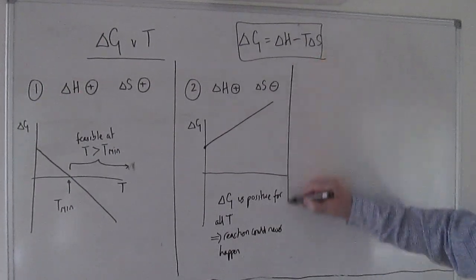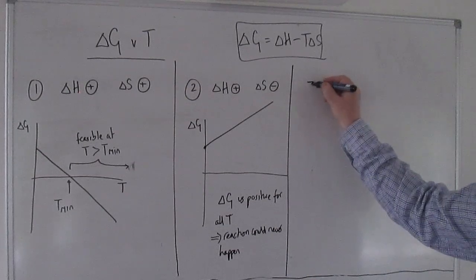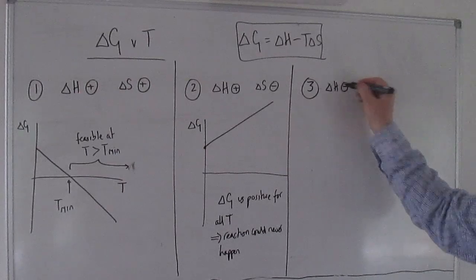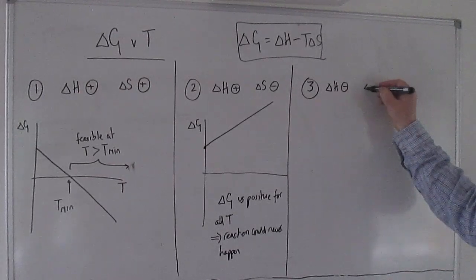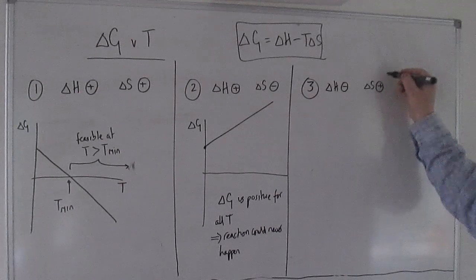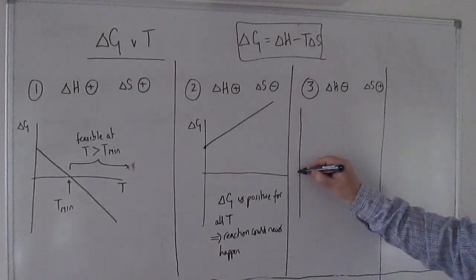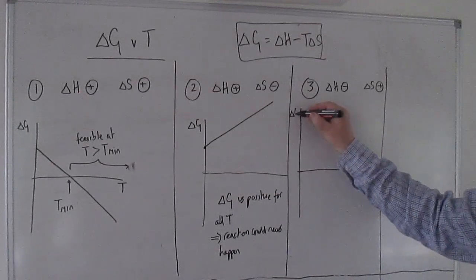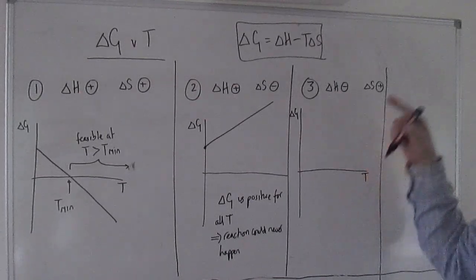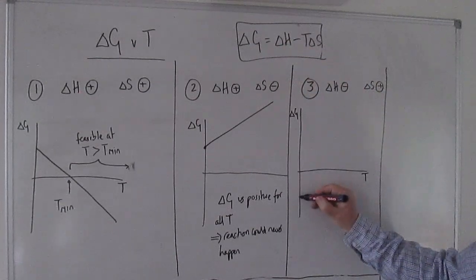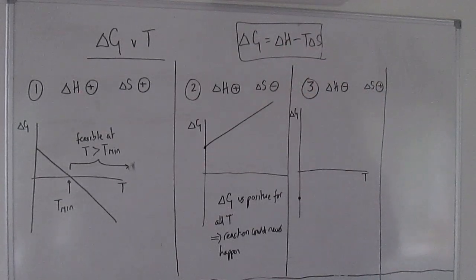Let's then consider, what about exothermic reactions? So let's take the example of delta H being negative and delta S being positive. Okay, and then we'll squash the other one in a minute. So delta H is negative, delta S is positive. So here's our graph, delta G against temperature. T is 0, that term vanishes, delta G is equal to delta H, and now we're saying it's negative at that point. But as the temperature rises,